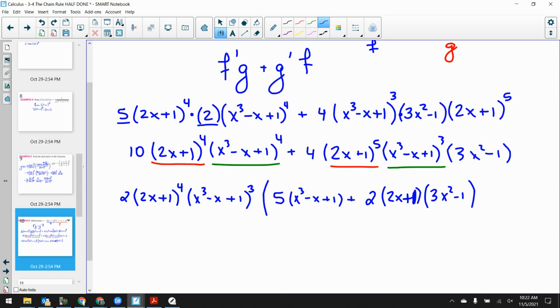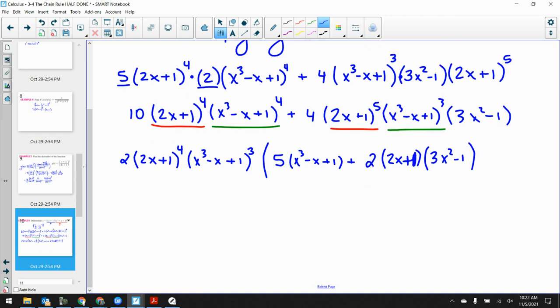So you know what I'm going to do? I'm going to try to simplify this a little bit more. I'm going to keep going inside there. 2x plus 1 to the fourth, x to the third minus x plus 1 to the third. So this is going to be 5x to the third minus 5x plus 5 plus, now when I go to